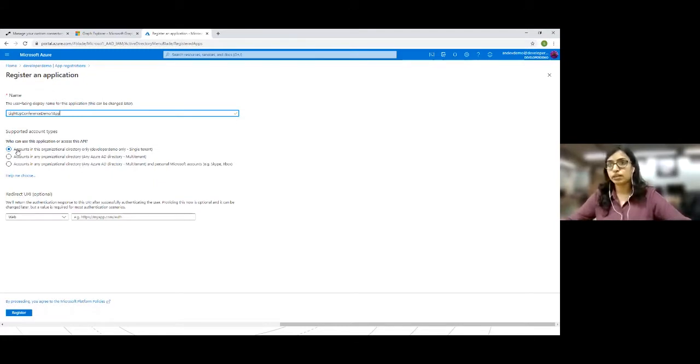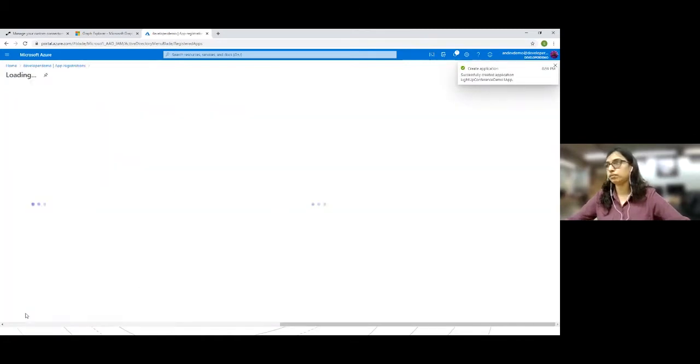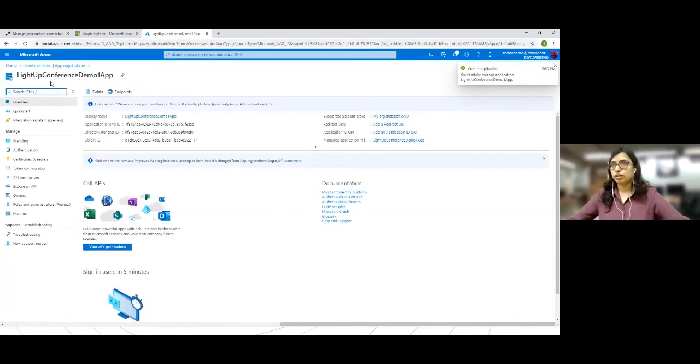I just want this API to be used by users of my directory, so I'll leave this option default. We will provide the redirect URL later in the steps, so let's revisit that afterwards. I'll click on the register option. Here you can see my app registration is created.